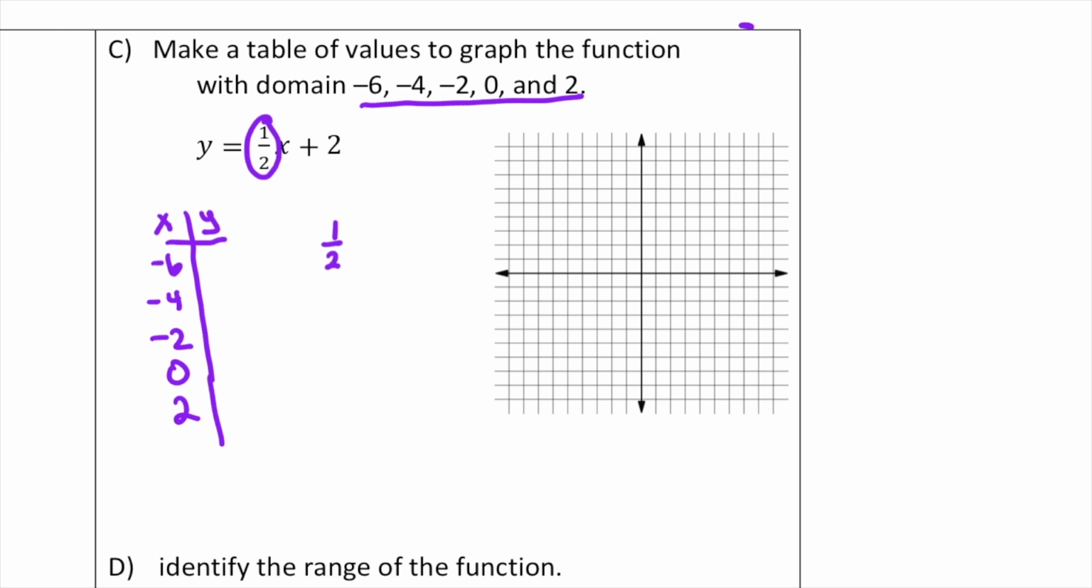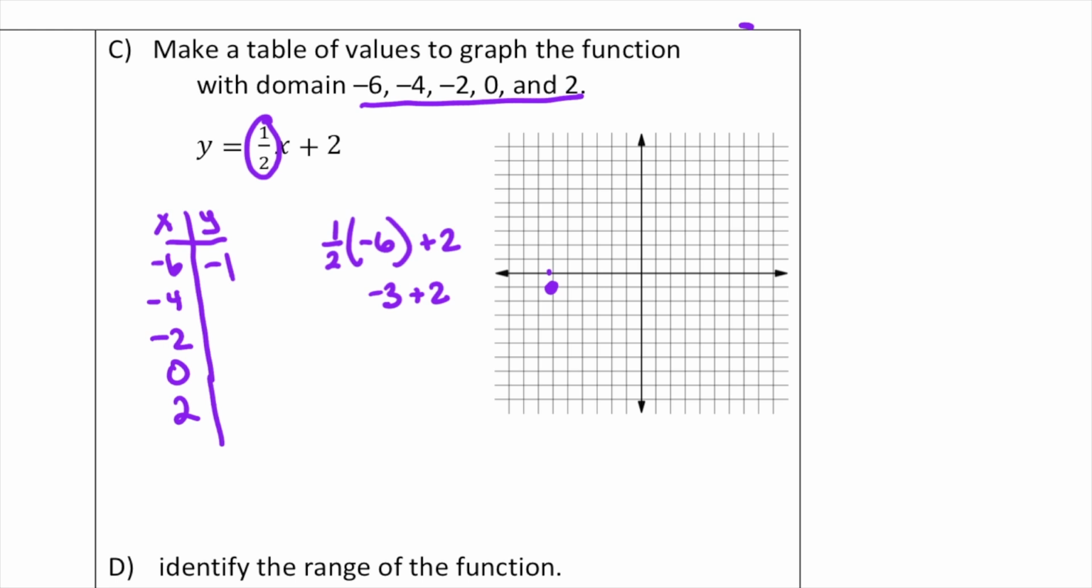Show your substitution. 1/2 times the quantity -6 plus 2. Follow the order of operations. -3 plus 2 is -1. So plot your points. Left 6 and then down 1. Left 6, down 1. When you're finished, make certain that you have only 1, 2, 3, 4, 5 points on